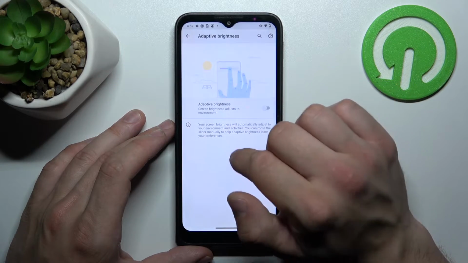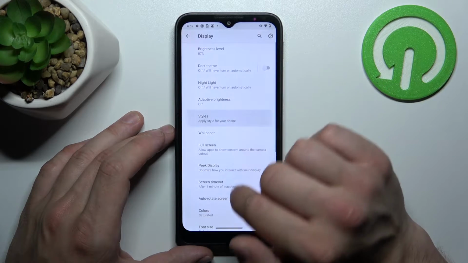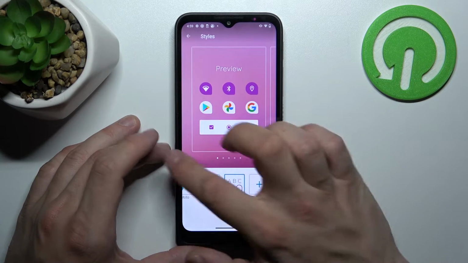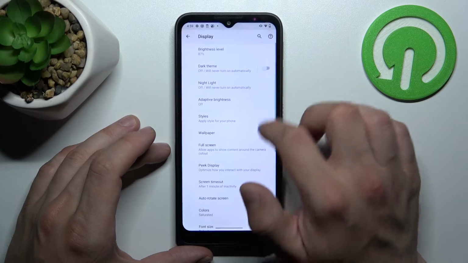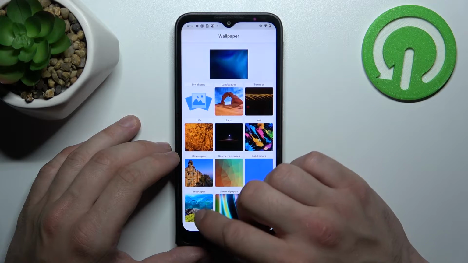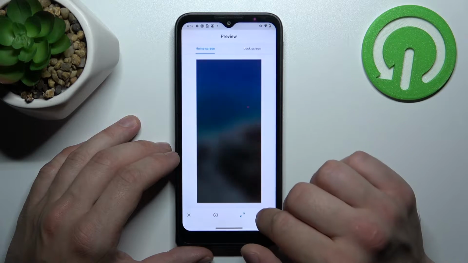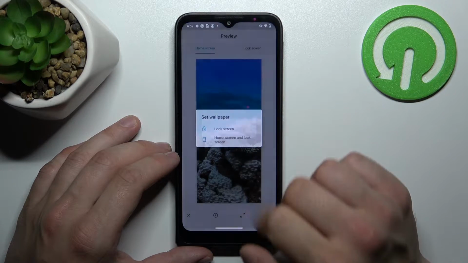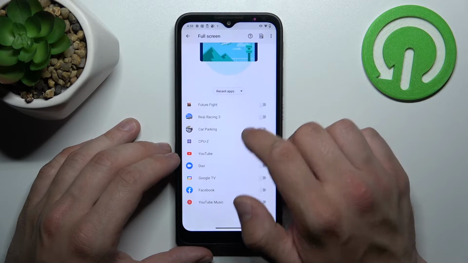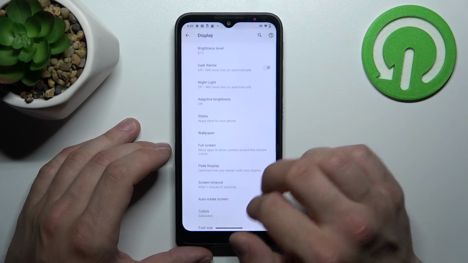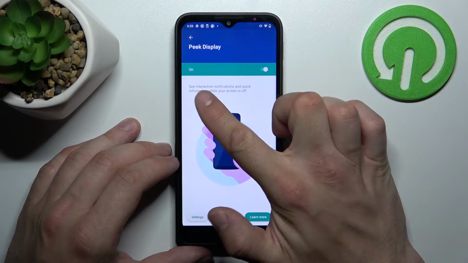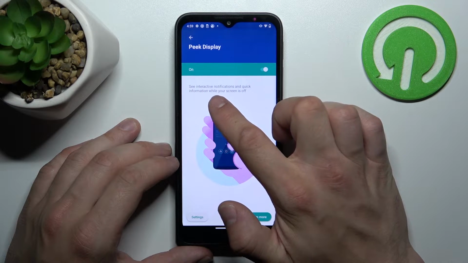Then we can enable or disable adaptive brightness, change styles of our phone, change wallpaper, manage full screen for apps, enable or disable peak display, see interactive notifications and quick information while your screen is off,